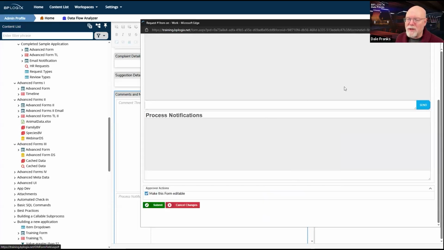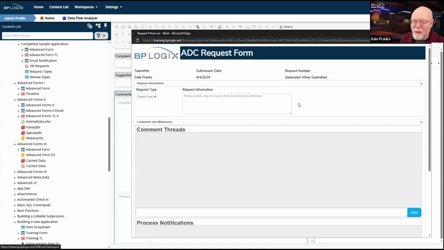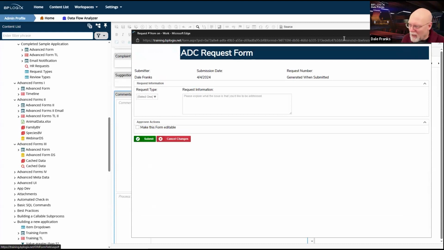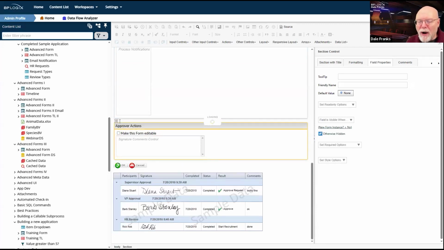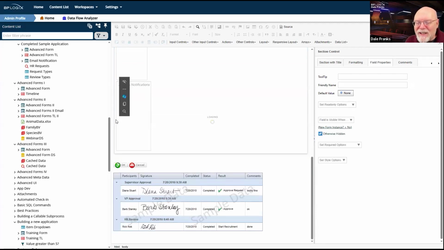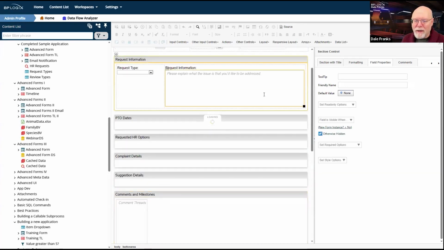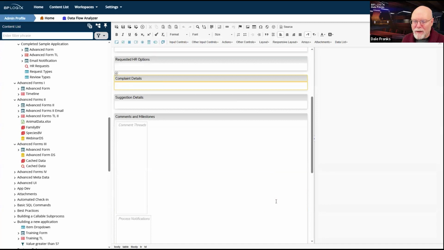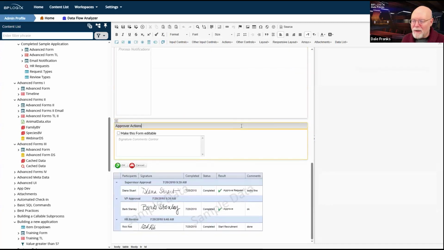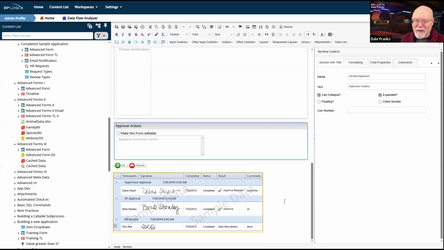So let me refresh to see if it saves it, see whether the save works before it refreshes. So I want to get rid of those comments and process notifications. Okay, great. They are gone now. Perfect. That's what I want. And then here, the approver actions. Well, this really is only something that I don't know what I've done. Okay, whatever it was, that was scary.